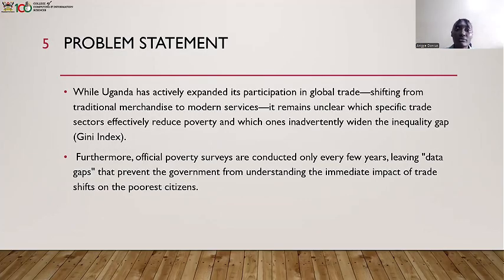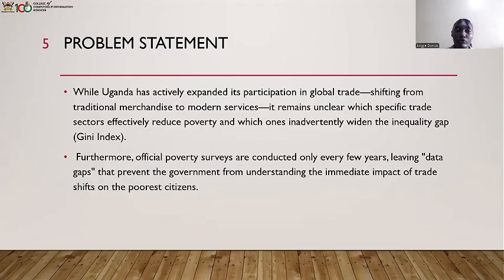Then our problem statement is that whereas Uganda is actively participating in trade with other countries, we don't know which trade sectors are actually improving the poverty status in Uganda and which ones are increasing the inequality gap. So that's why our machine learning will come in and show us how it solves